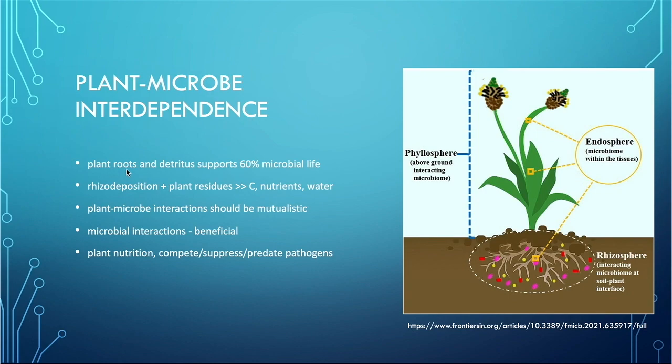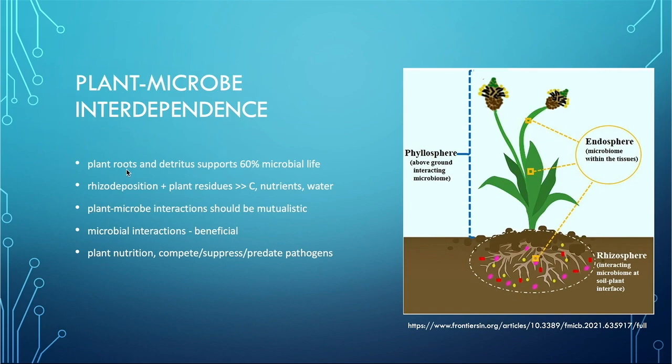So plant roots and detritus support 60% of microbial life. So basically that's your initial food source. The plant photosynthesizes, everything feeds on the sun, basically the sun's energy transformed by the plants. So that 60% of microbial life in the soil is directly associated with the plant. This happens through rhizodeposition, where dead root debris and all kinds of things are exuded from the plant roots. Plant residues go into this as well. So everything happens around the rhizosphere, the root zone, and that becomes carbon and nutrients and water acquisition